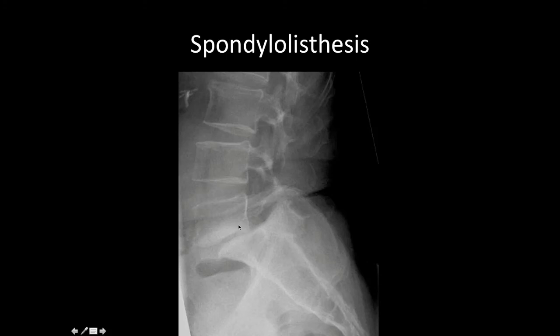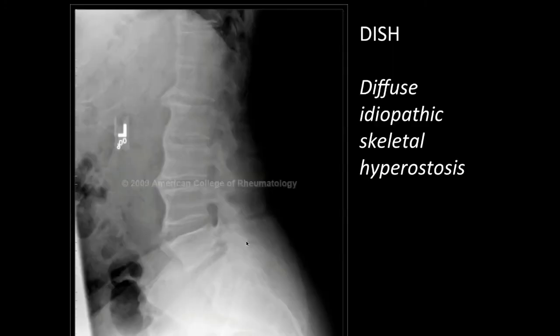And so this is something that's worth noting, but just because you see that doesn't mean that you need to do a ton more tests. It might just be a matter of, if their neuroexam is normal, noting it and following it up and watching how it evolves. Which is kind of surprising, but that's the way it is.